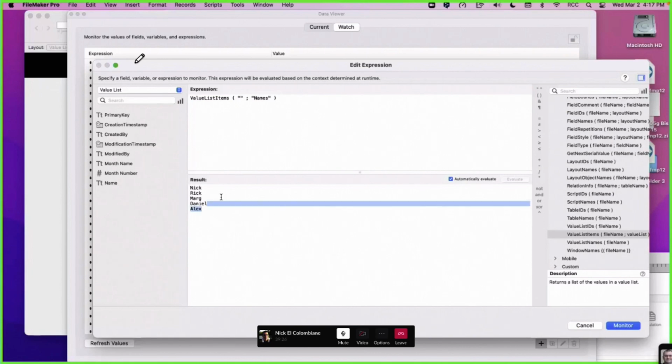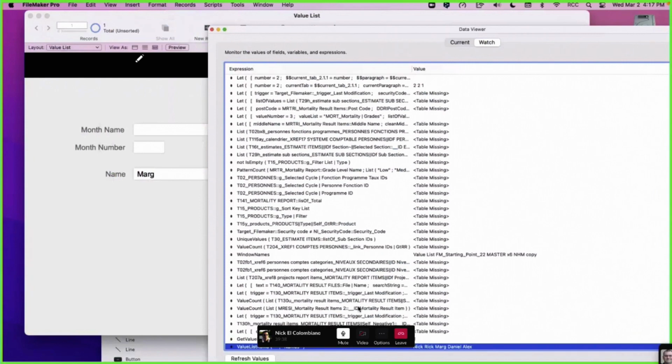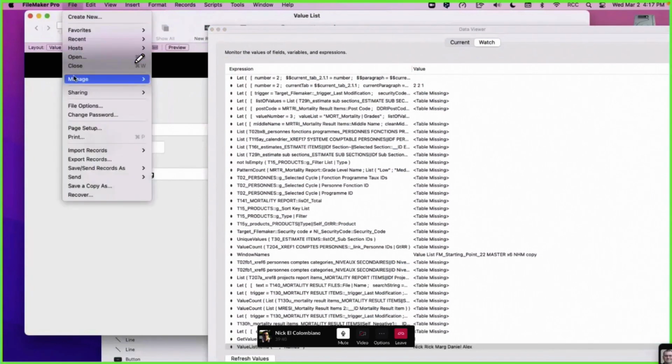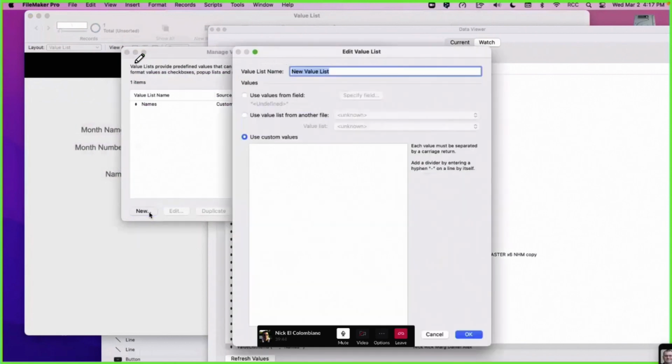So this is now part of a calculation. I can take whatever value list I want into a calculation. So I can create another one, for example, because I know I will have to use it.